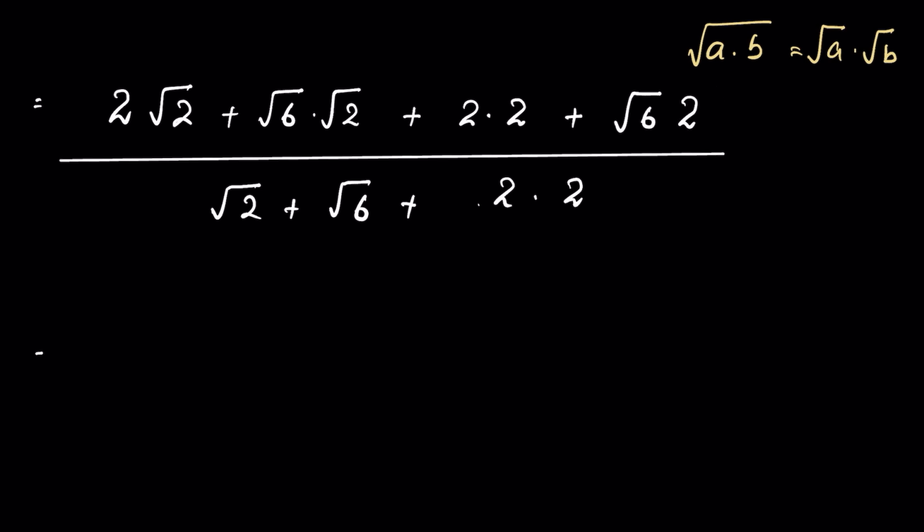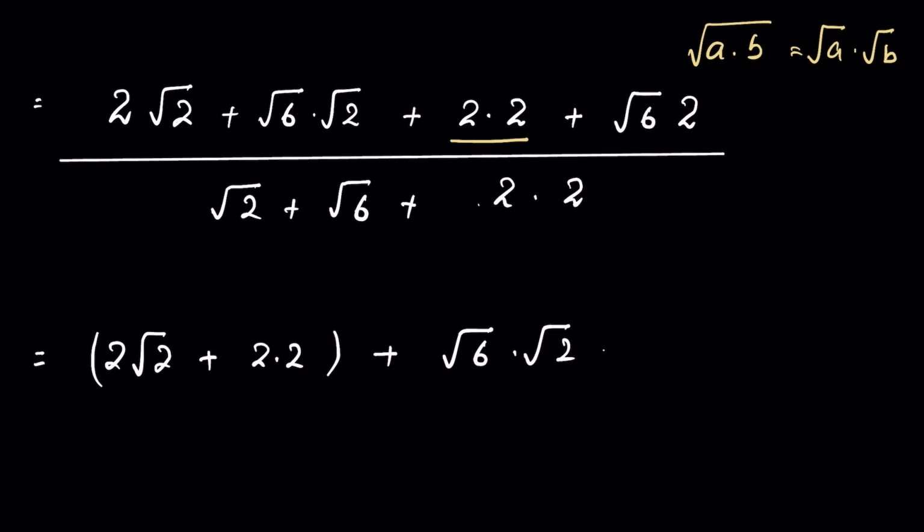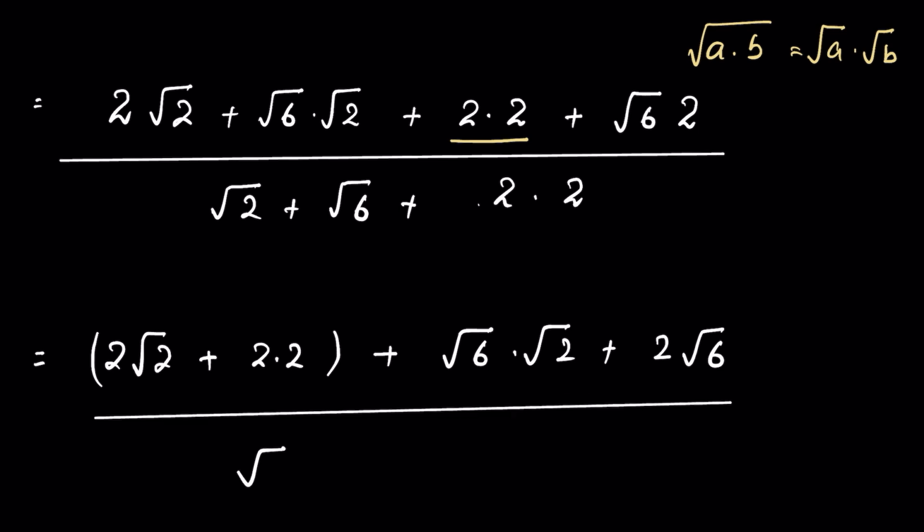Now we can write 2 times square root of 2 plus 2 times 2 together, not changing the question, just rearranging it, then plus square root of 6 times square root of 2 plus 2 times square root of 6 upon, here also we can write square root of 2 plus square root of 6 plus